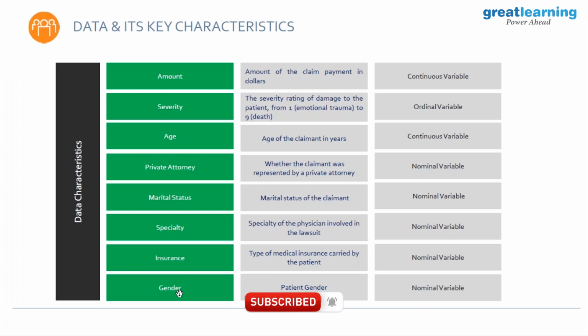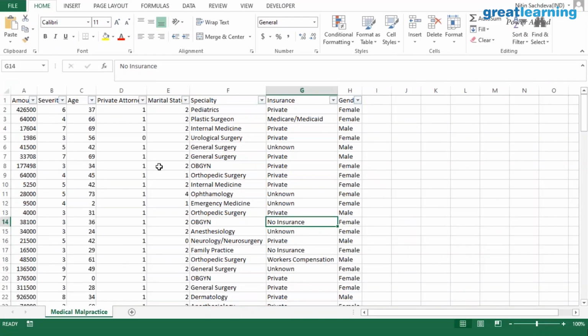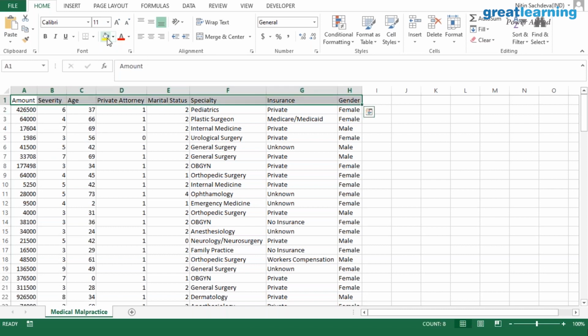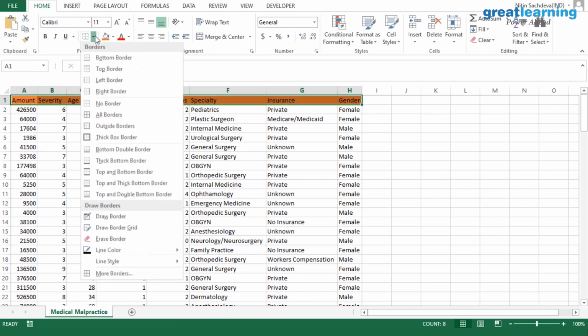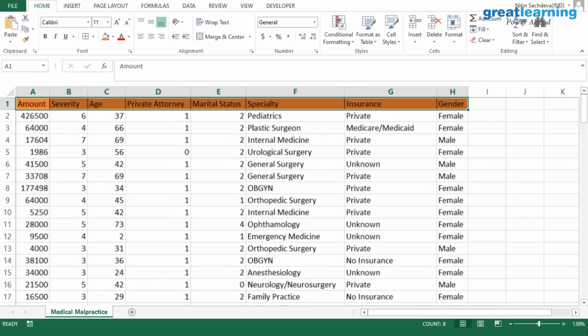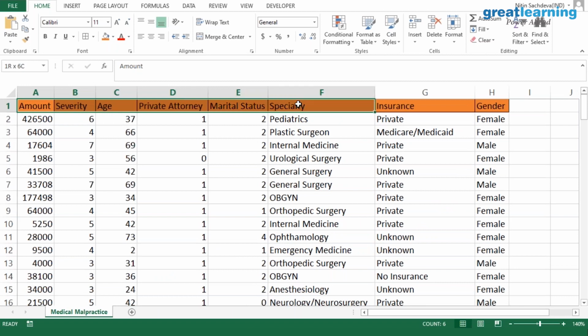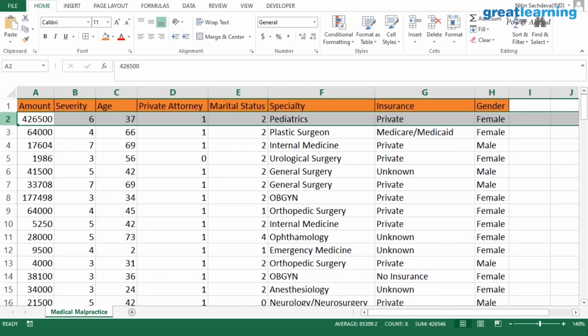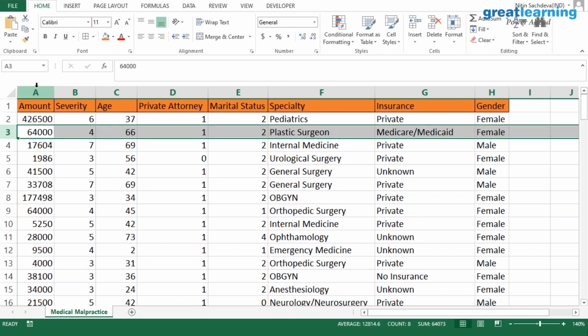And in fact, a quick look at the data might also help. I think my Excel is made available to you, right? So you can simply have a look at this. I'll just zoom this in a bit. So this is the data that we are dealing with. We have the amount of each of the claims. The row items represent each claim amount or each claim transaction, and then the columns represent